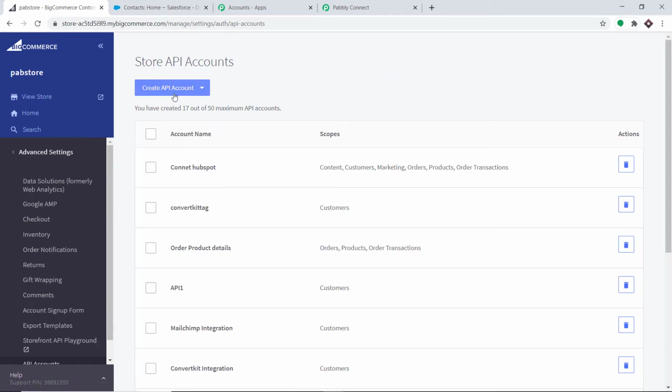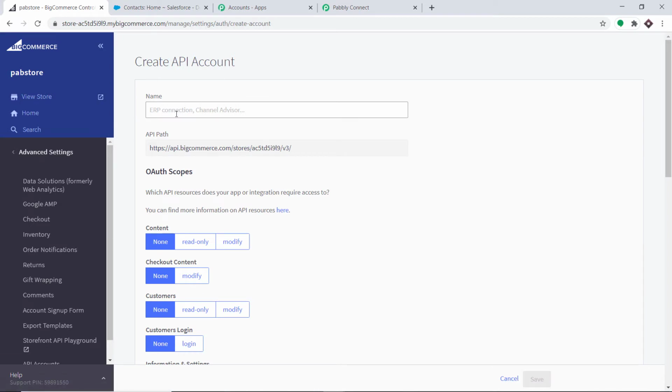So first we have to create an API account. Click this. Okay, so here you have 2 choices: create V2/V3 API token, create stencil CLI token. So we are going to go with this one, create V2/V3 API token. Click this. Okay, so now we have to give a name to this API token. Since we are interested in integrating with Salesforce, I'm going to name it Salesforce contact integration. Okay, of course you can give any name according to your discretion.